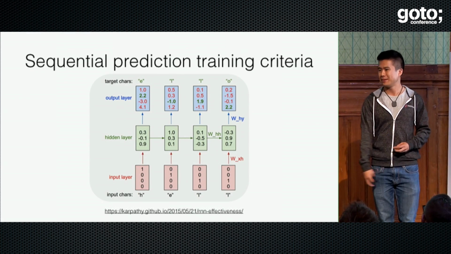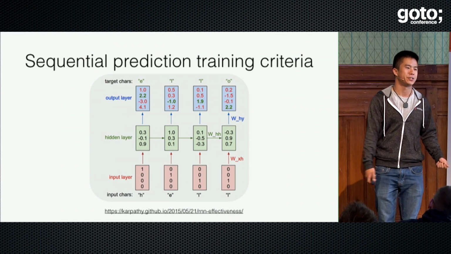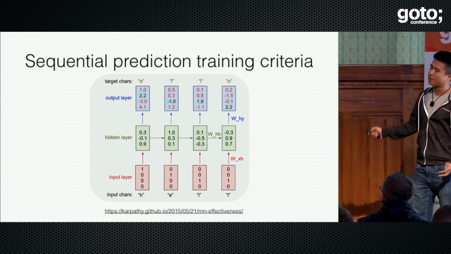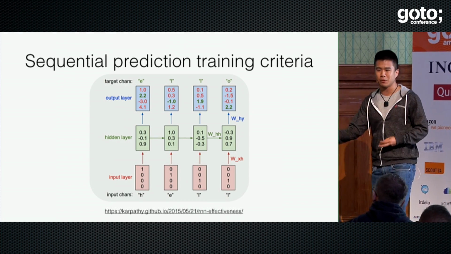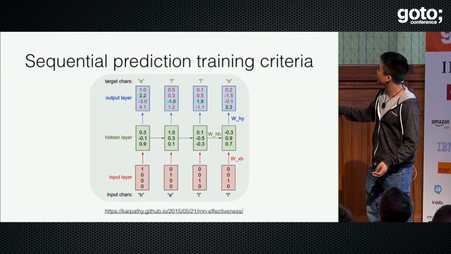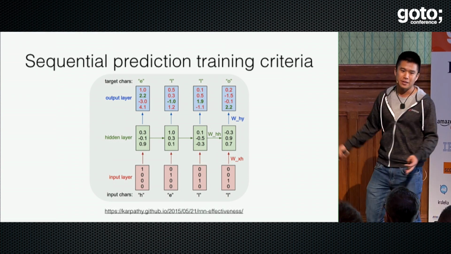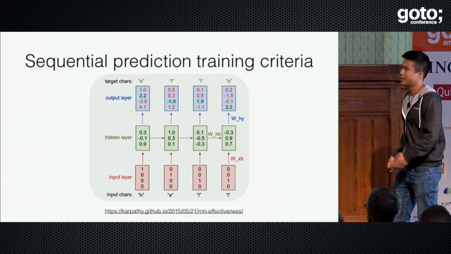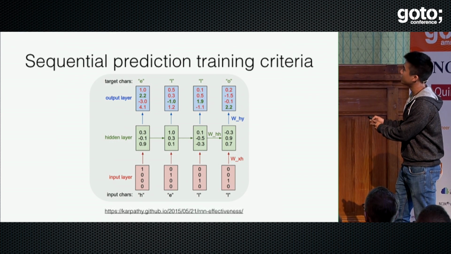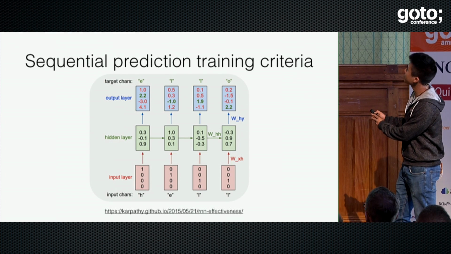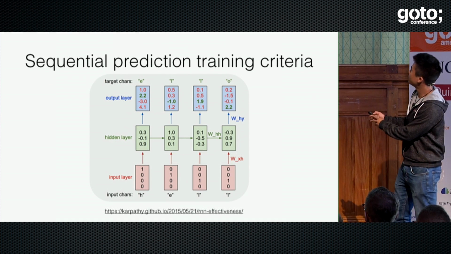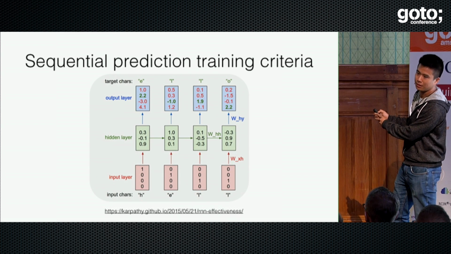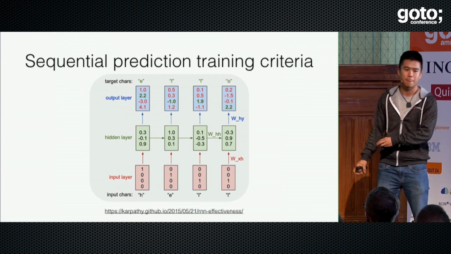To train BachBot, we apply sequential prediction criteria. Now, I've stolen this from Andrej Karpathy's GitHub, but the principles are the same. Suppose we're given the input characters hello, and we want to model it using a recurrent neural network. The training criteria is, given the current input character and the previous hidden state, predict the next character. So notice down here I have H, and I'm trying to predict E. I have E, and I'm trying to predict L. I have L, and I'm trying to predict L. And I have L, and I'm trying to predict O.